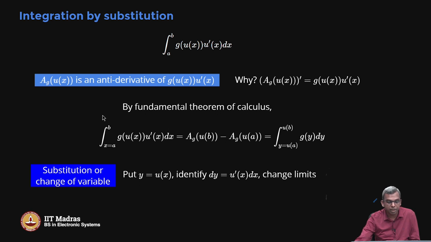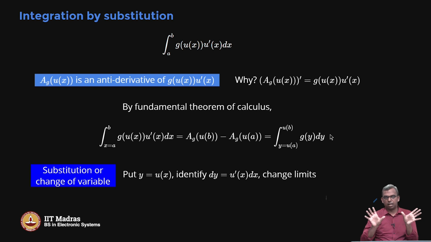But what happens to the limit? x equals a corresponds to what in y? y equals u of a, isn't it? If x is a, y is u of a. So, the limit will also change. It becomes y equals u of a to u of b. Okay. x is b, y becomes u of b because y is u of x. So, this is called changing variables